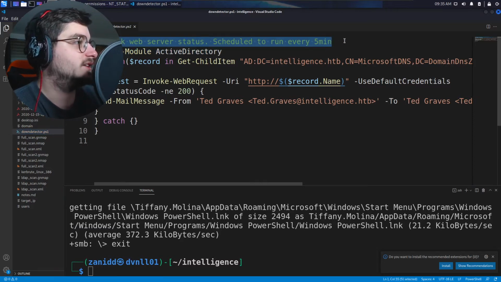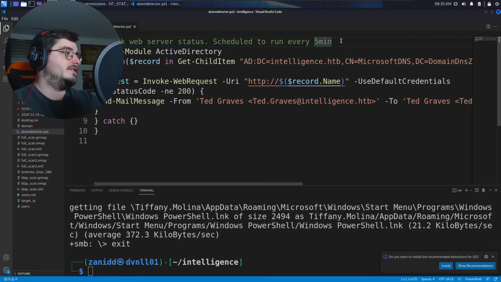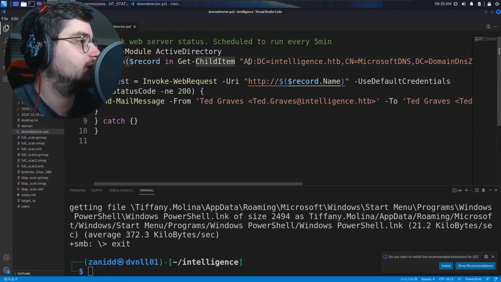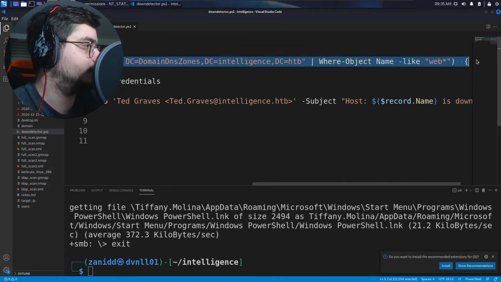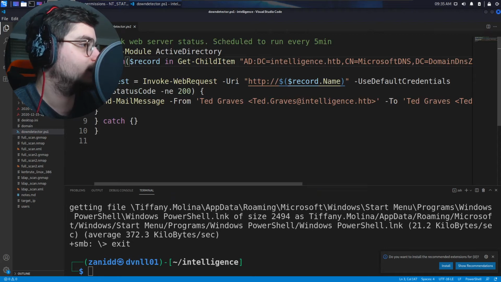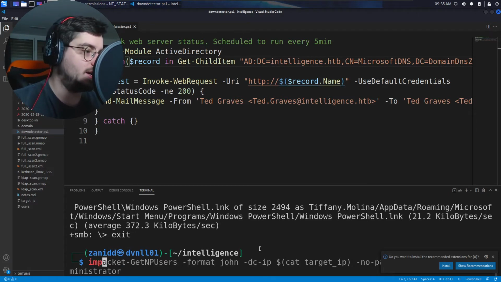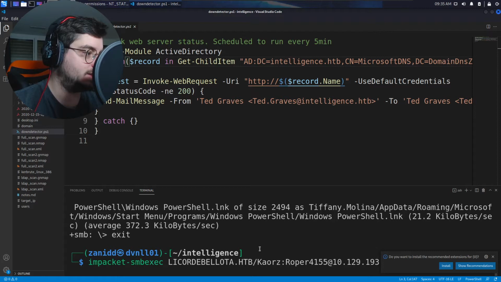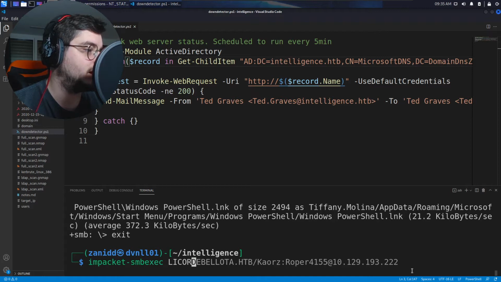Check web server status scheduled to run every 5 minutes. Import module Active Directory for each record in Get-ChildItem, Microsoft DNS, domains where object name like web star. Request Invoke-WebRequest URI record name use default credentials status code -ne blah blah blah. Okay, now impacket smbexec. Can I execute a shell on this machine is the question that I'm asking myself,